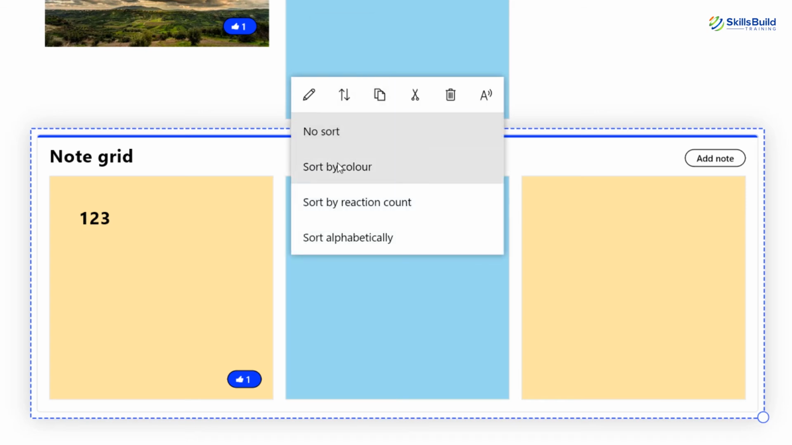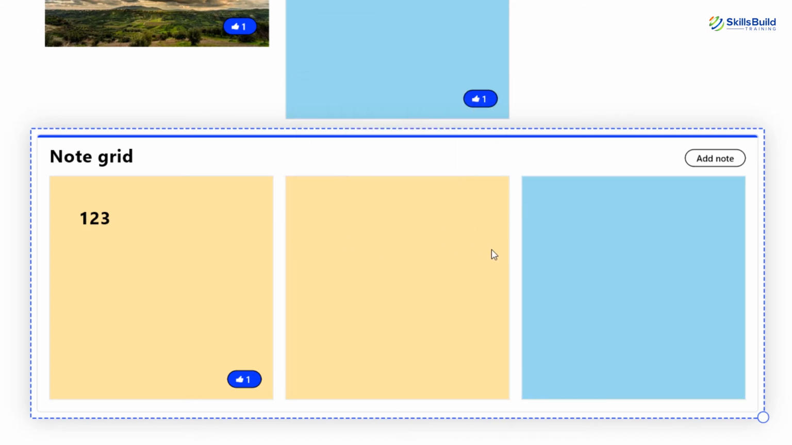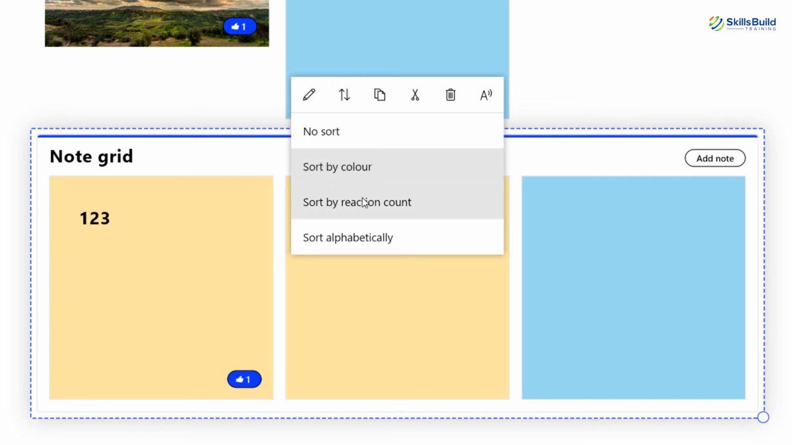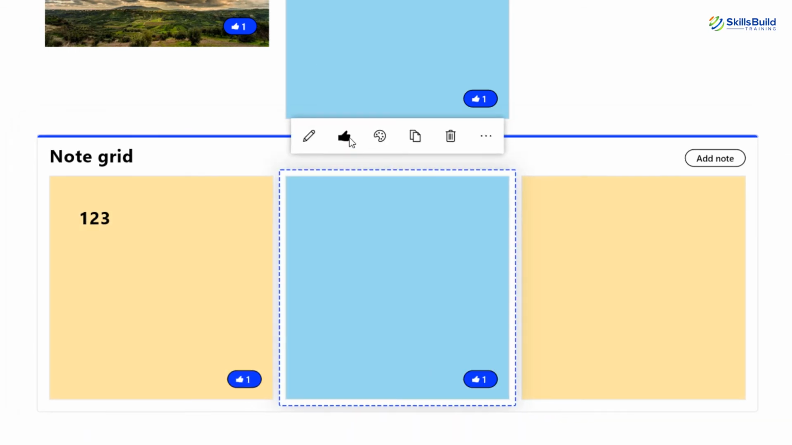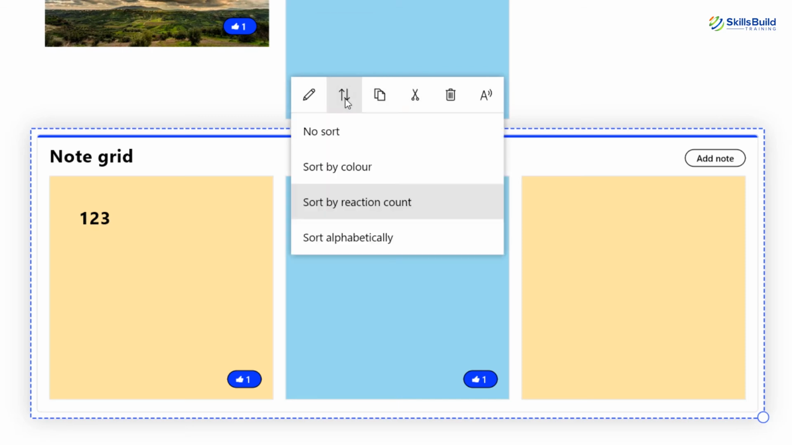Now I want to sort it by color. Whenever I sort it by color, you can see these two colors are similar, so it will put these two colors here, and I will be able to see the color that is different here. Now if I again click on it and sort it by reaction count, I am able to see a reaction here, and if I like it and then again sort it using the reaction count,